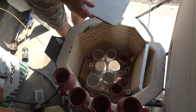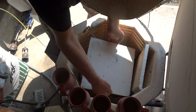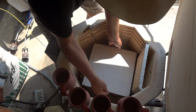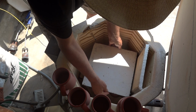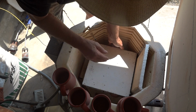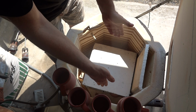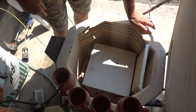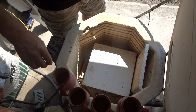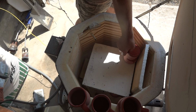Right, now take that shelf. Be careful of the thermocouple. Work around the thermocouple there. Alright, now position the shelf. Make sure that the shelf is centrally positioned. If you're not sure, you can measure the gap on either side. Okay? Right, so now we're going to go ahead and pack the next